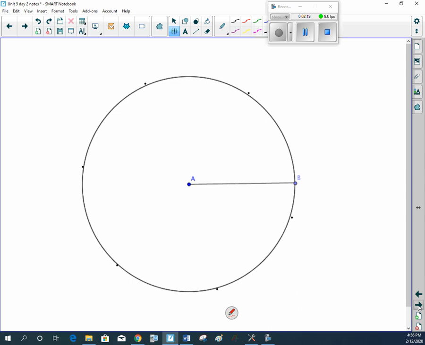So to figure out what a radian is, there's this in-class activity that we did. So if you're watching the video, you may or may not have been in class. But what we did was we drew any circle size we wanted, and we measured the radius right here. And we took a piece of string and we laid it around the outside along the circumference of our circle, and we marked off every string length. So whatever this radius from A to B was, we marked that exact same length around the circumference of the circle. So we did that all the way around,